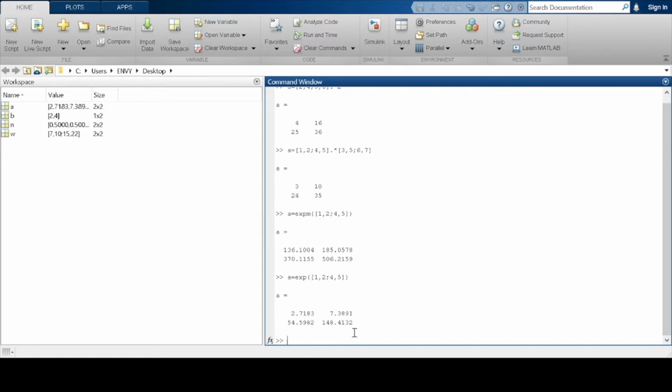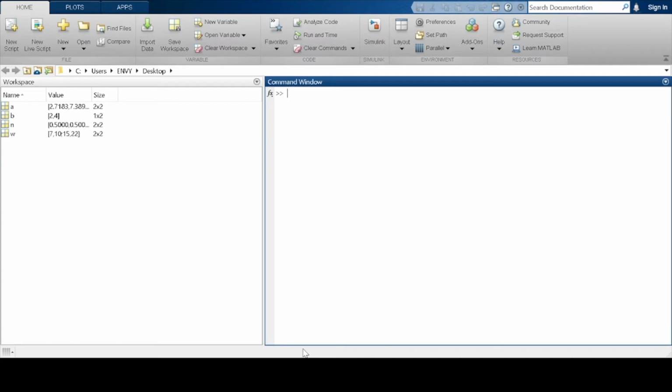lastly, if suppose you're too lazy to create a matrix, you can ask MATLAB to create a matrix for you. So there are a range of special functions. So for example, okay, let's clear this up first. So MATLAB can create matrices for you. So for example, the zeros function. So if suppose the parameter you entered is 3, it gives a 3 cross 3 matrix filled with zeros.